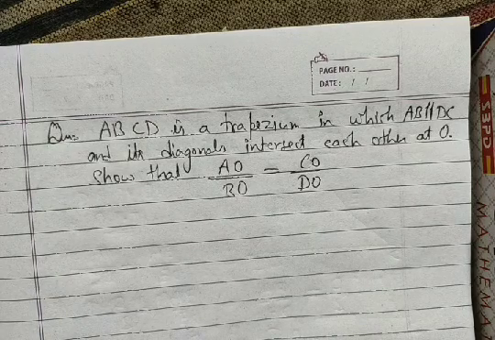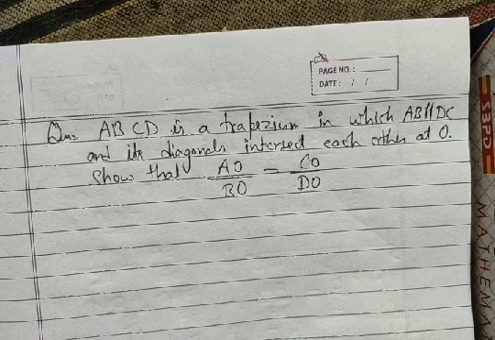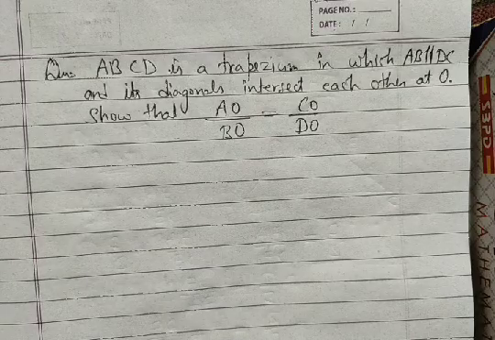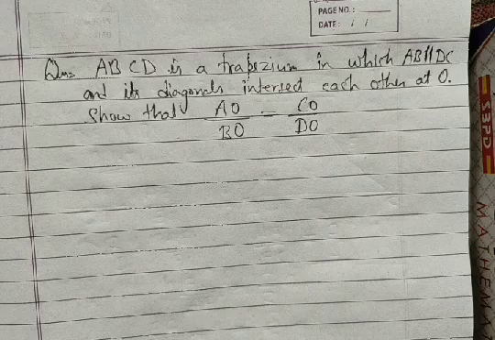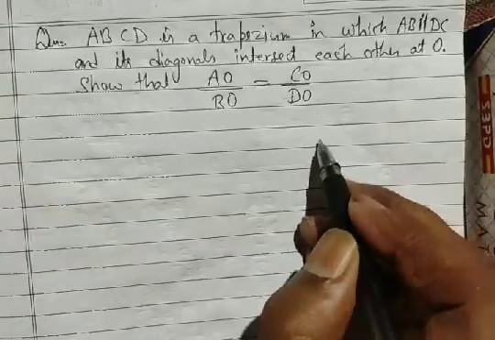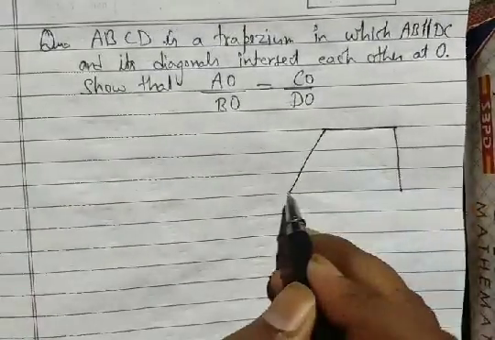We are given that ABCD is a trapezium. Then first of all, what do we have to do? When we have geometry problems, we generally first draw a rough figure. When we have a rough figure, then our concept is clear. Then we are given that ABCD is a trapezium, so first of all, we are going to draw trapezium ABCD.